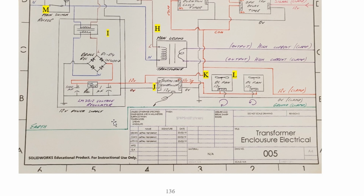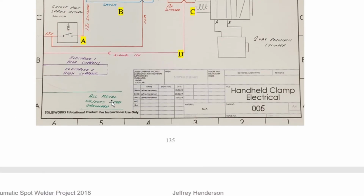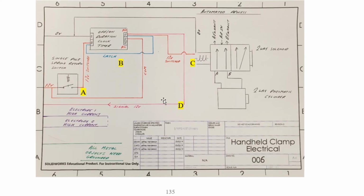This ground runs up the shielded cable to the clamp in here. All metal objects need grounded, and that's really it. This latching device works really well. So when you push this button, it doesn't latch for 1 second until you find your position,